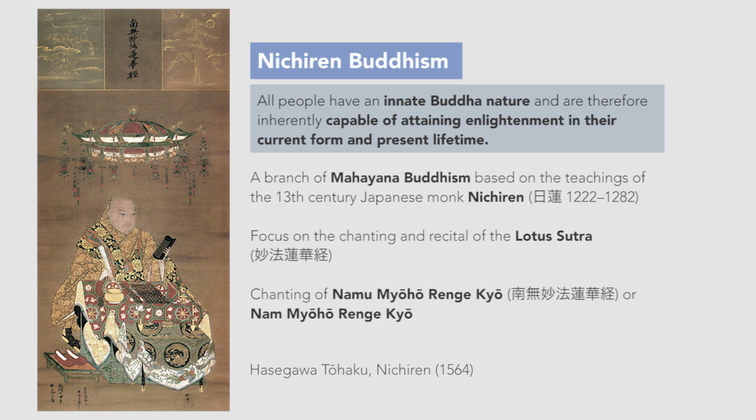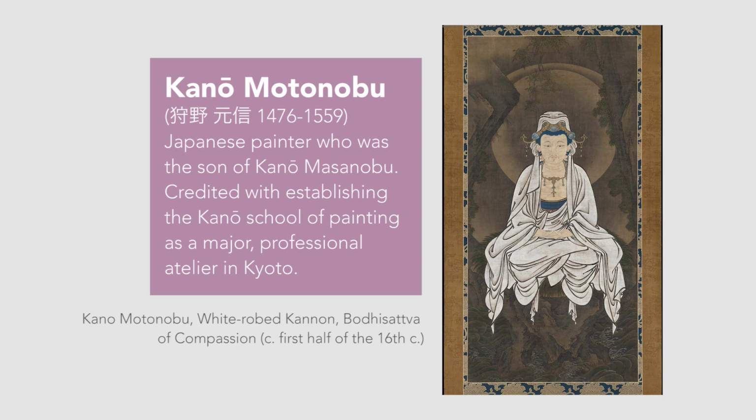Nichiren Buddhism began with yet another strong and charismatic 13th century leader, Nichiren. Based exclusively on the Lotus Sutra, it emphasizes the recitation of the Lotus Sutra's title, Namu Myoho Renge Kyo, in much the same way as the Nembutsu mantra is chanted in Pure Land Buddhism. Nichiren's son, Motonobu, was an artist who helped establish the Kano style and to position the school as the chief